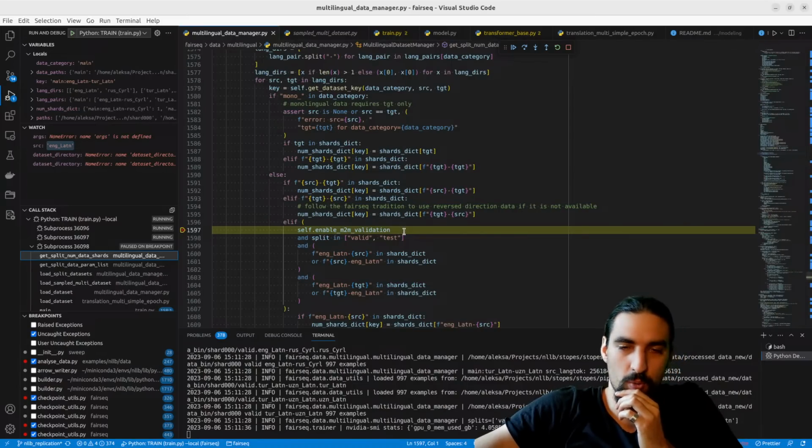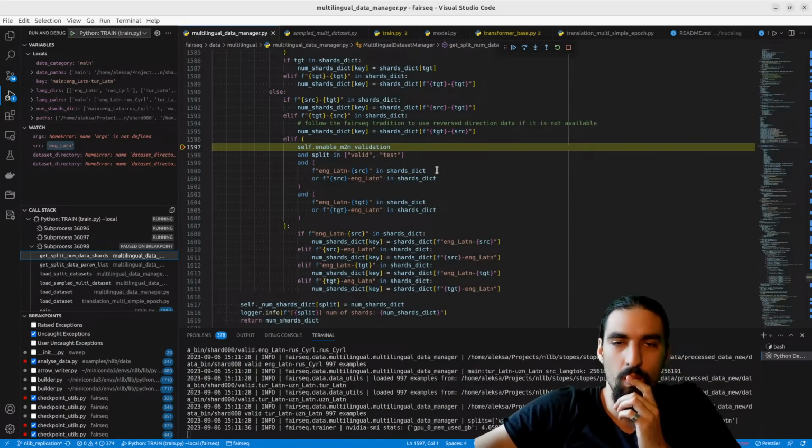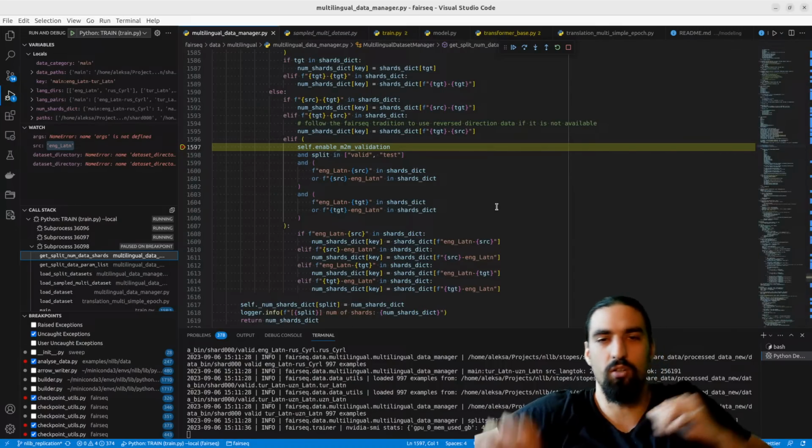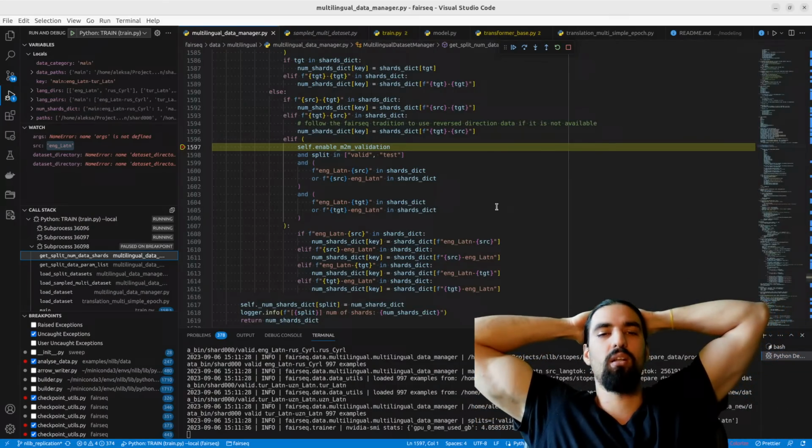And then we try to go here. And this, if this is enabled, which it is, then we ask whether English to that source exists. Got it, got it, got it.